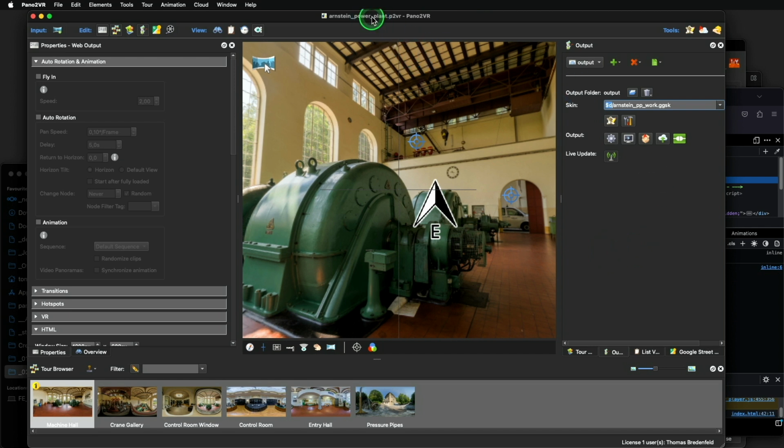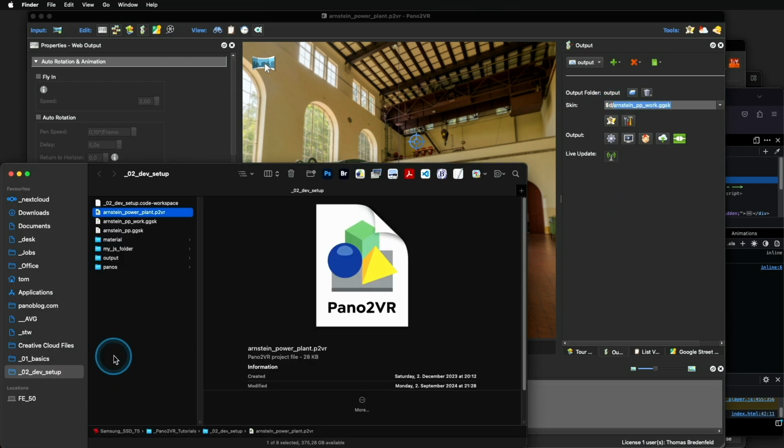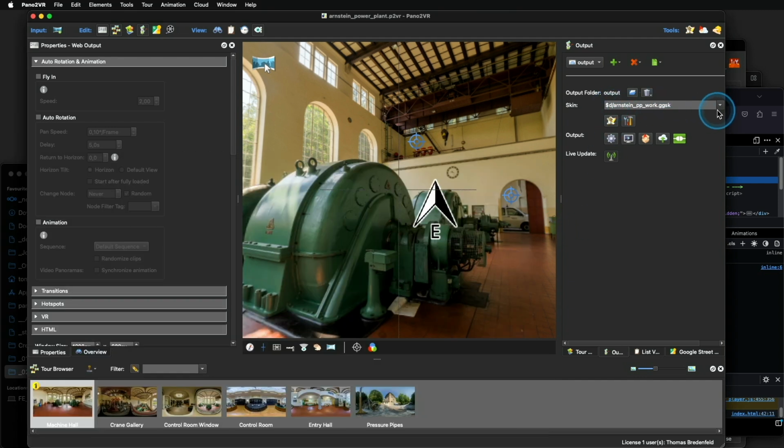So if you see the path here, this is a folder, and here the skin. And if we have a look at our Finder window, this is a folder, here's the skin, and here's the Pano2VR file. If this $D is missing,